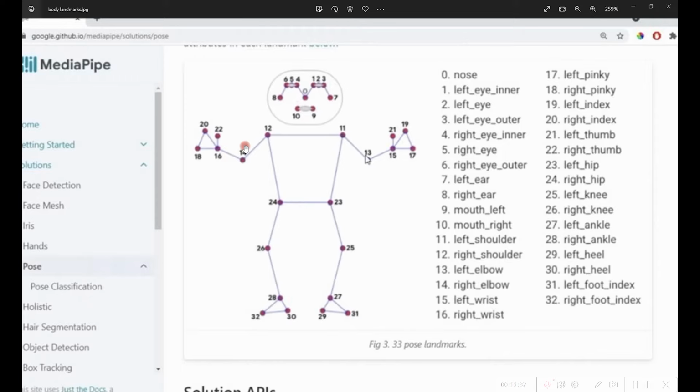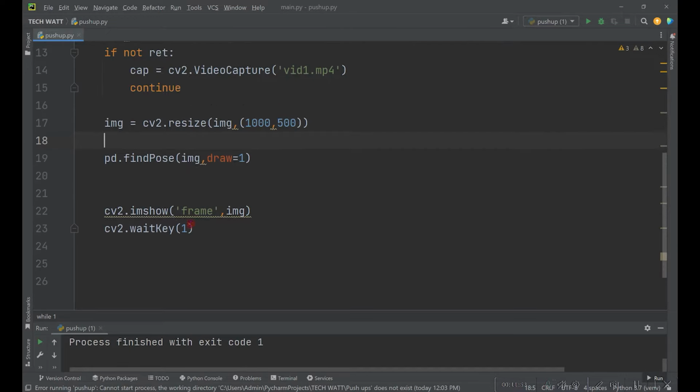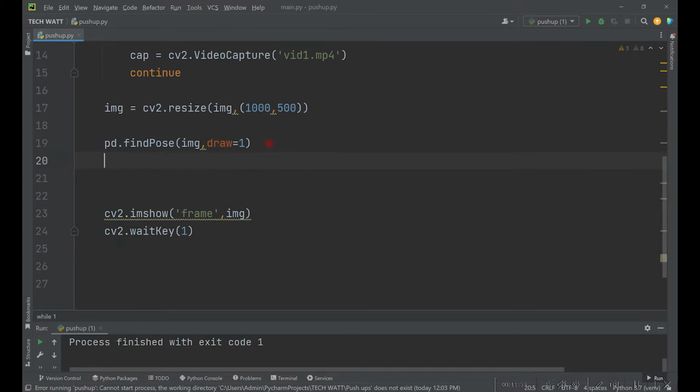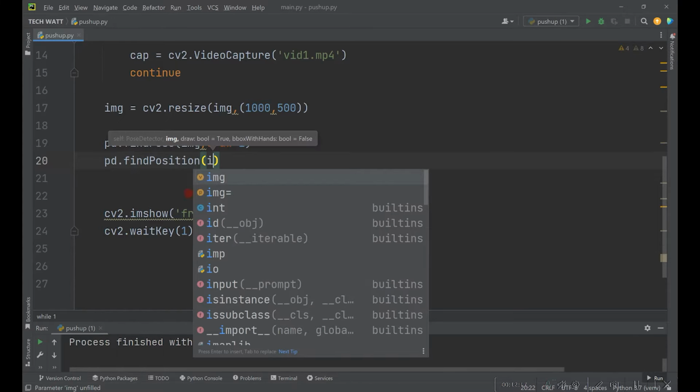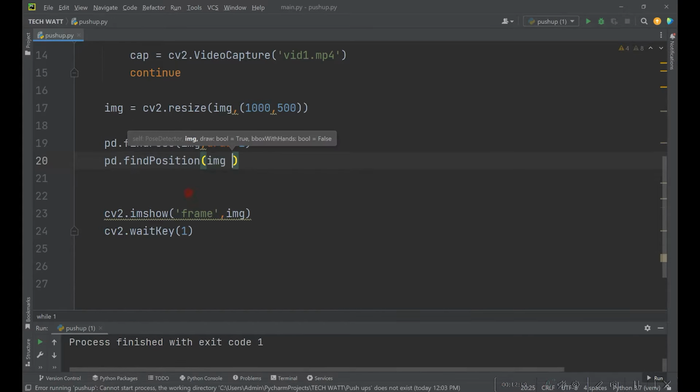So these are the points we are going to extract. But now let's learn how to extract a single point. Let's say we want to extract point 14, for instance. So let's go ahead and do that. When you're able to extract point 14, we'll use the same way to extract the other different points. So to extract the points, we have another function in the CVZone, which is pd.findPosition. Then in here, we provide our image and also provide our